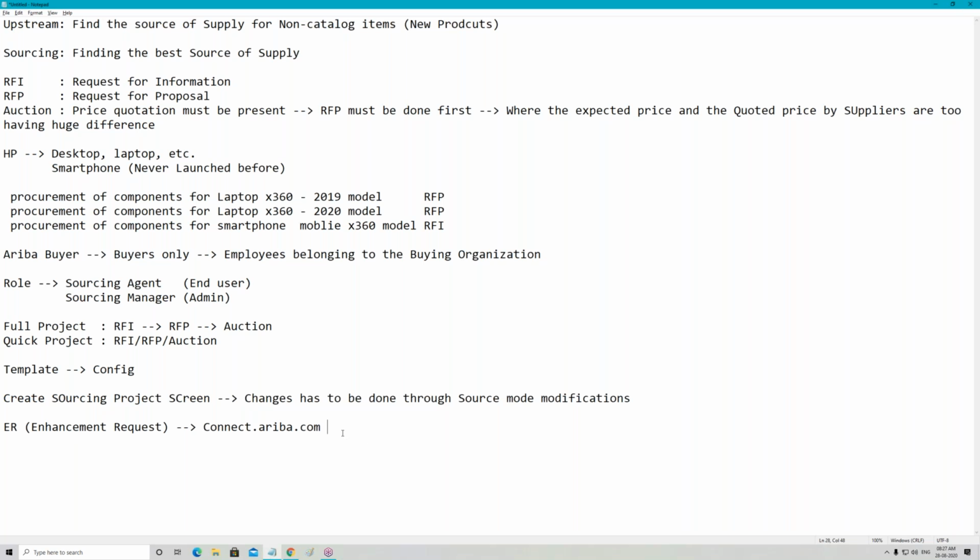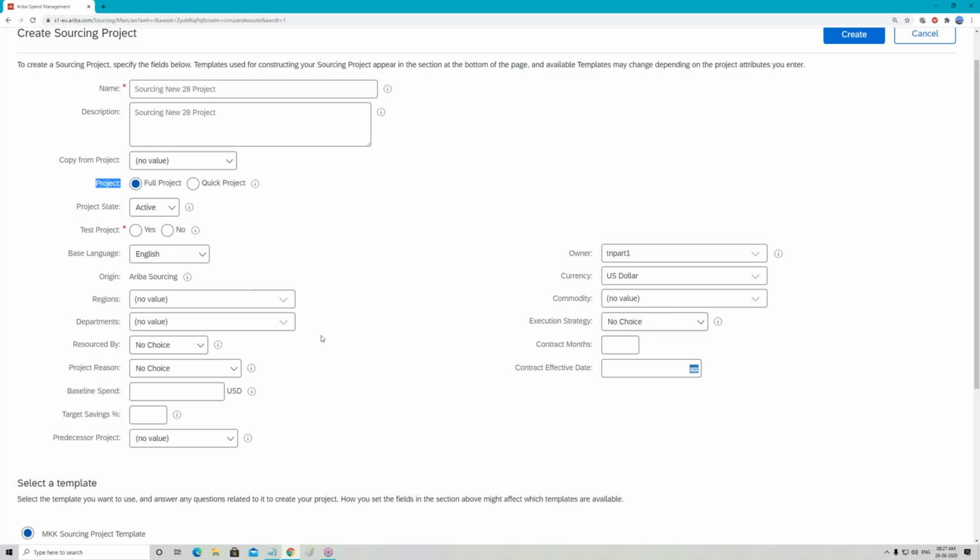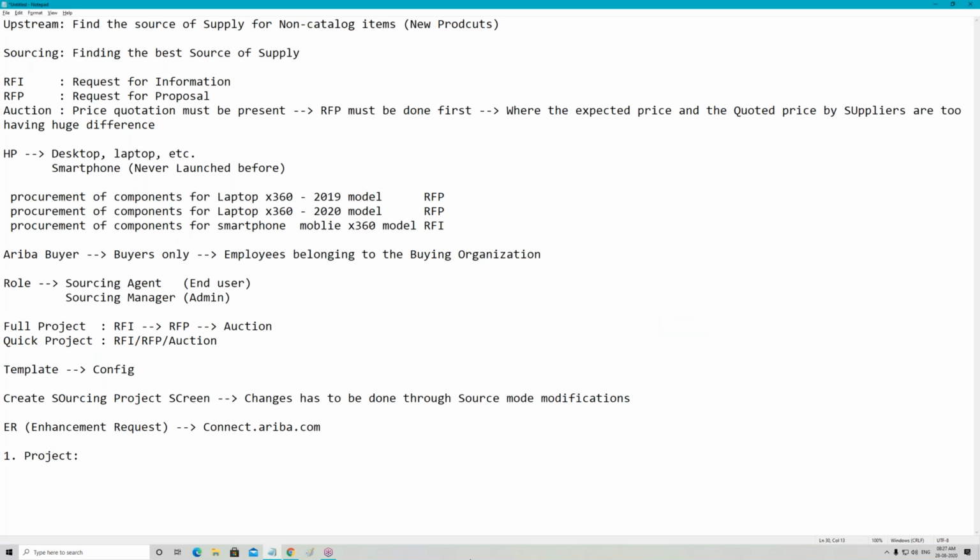Okay, so here there is no other option other than to change the source code. So here we will do the enhancement request. This is our first requirement. What is this particular thing? Project. Now here, as per your client requirement, the end user should see only quick project. Now, if you just write this small requirement within the enhancement request and give it to the Ariba shared services,